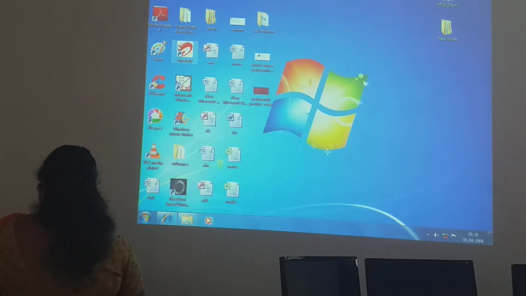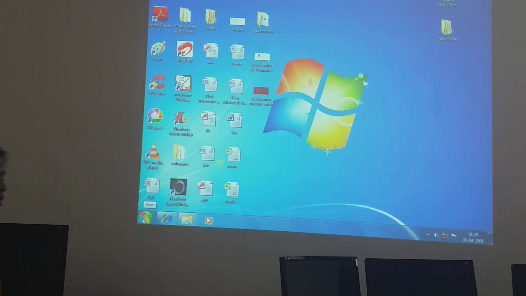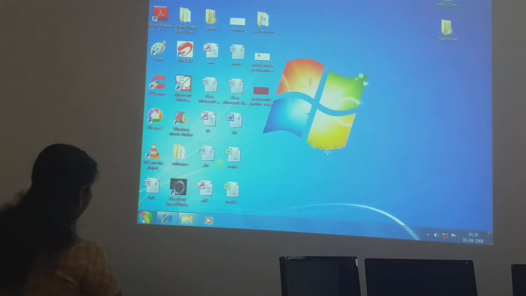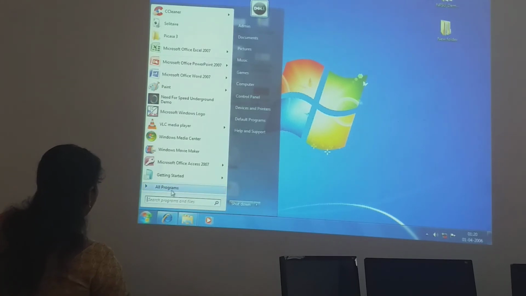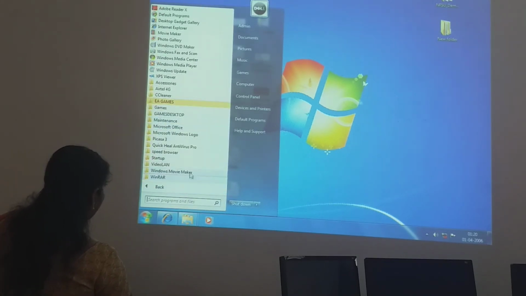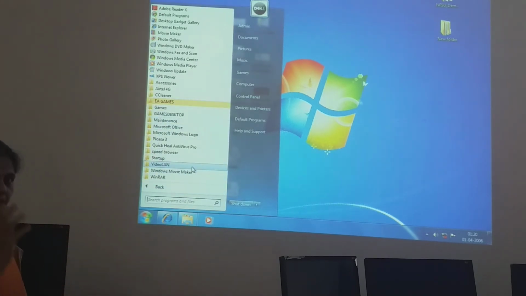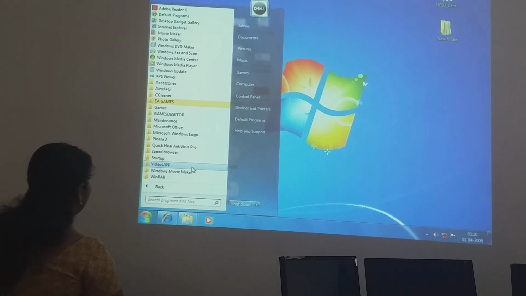Okay, then you have the main button, your start button, children. So the start button gives control for all the ways to use the computer. Observe here, when I click the start button, observe all programs. Whatever applications are installed in your computer, all of that is listed out over here. So everything will be there.